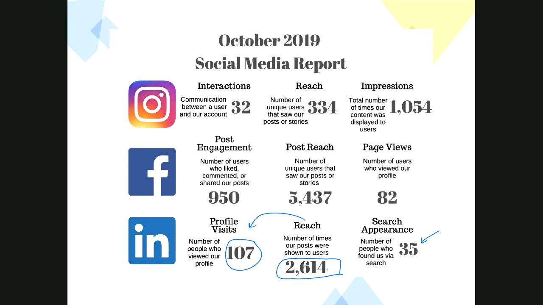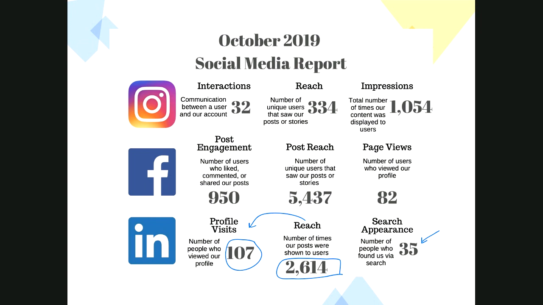So this is just an example, and we provide more information to the dean. But this is just to show what we do, what our results are month by month. And those are the KPIs that we decided were understandable and were good metrics to show and for us to look at month to month to see if we're doing better, doing worse.